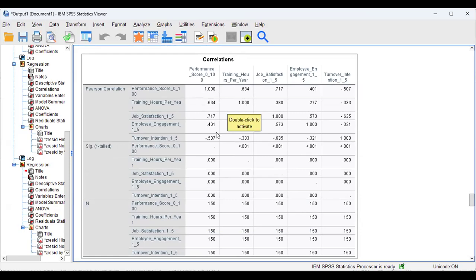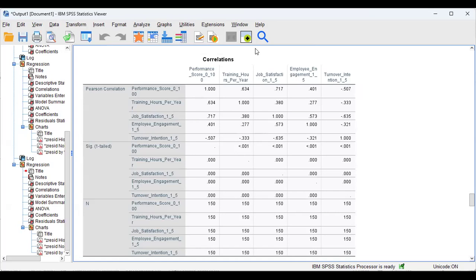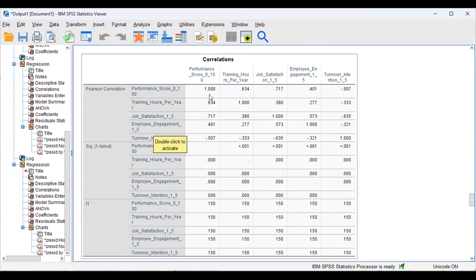Anytime the relationship between two or more variables is more than 0.70, it means that when you run the regression, you are going to expect a strong relationship between them. So the rule of thumb is that when two variables are highly correlated, or we experience multicollinearity, there is no need to include them in the regression modeling. So based on our screen over here, the relationship between employee engagement, job satisfaction and performance scores here is a little above 0.70,